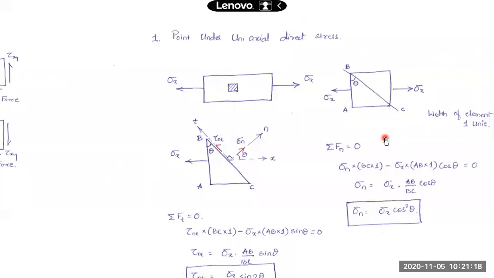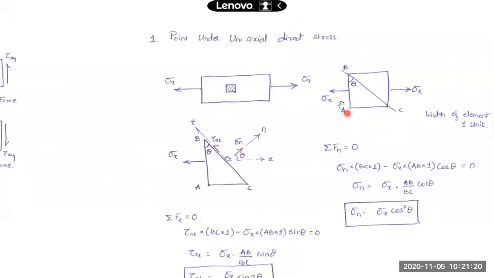So that is what is applied. Normally we express it as sigma equal to P by A, the same basic relation, or P equal to sigma into A, area. With this relation, this is written over here: stress multiplied by the area of the face BC. Similarly, this is along the n direction, so positive sign.